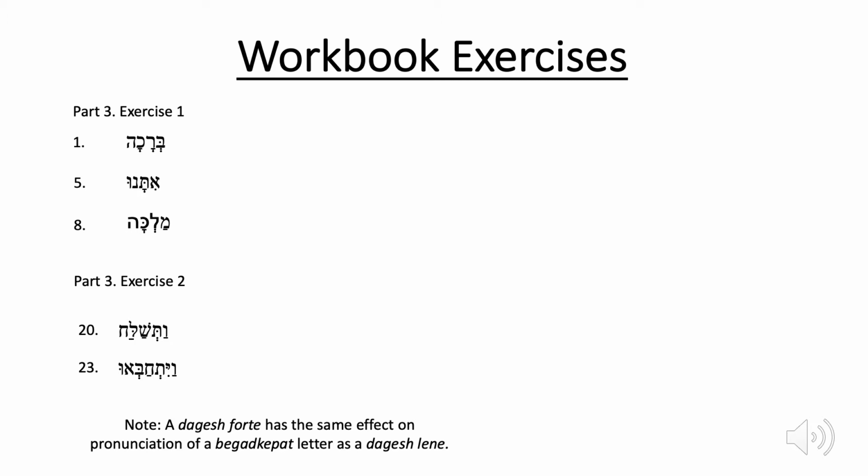that a Dagesh lene indicates the pronunciation of a Bagad Kafat letter. Is it a strong plosive pronunciation with the Dagesh, or is it a soft fricative pronunciation without the Dagesh? A Dagesh forte, on the other hand, doubles the letter, especially when it is necessary to close a syllable because of the presence of a short vowel. You're also asked to identify whether it is a silent schwa or a vocal schwa if there's a schwa in